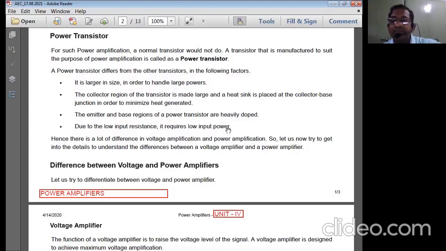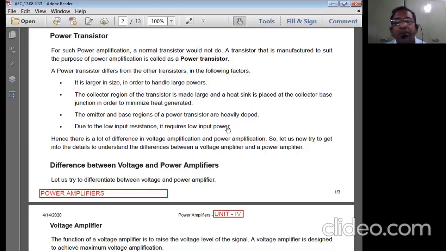By virtue of series mixing, the input resistance is increased to more than the input resistance of the transistor terminals as such. Thereby it can stop some noise signals from entering the transistor amplifier. But in general, BJT is going to have low input resistance. That is the basic drawback of the BJT. That is the reason why we are going into FET. FET amplifiers normally have very high input resistance. That is the greatest advantage of FET over the BJT.